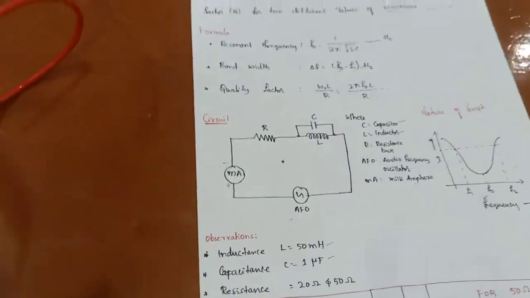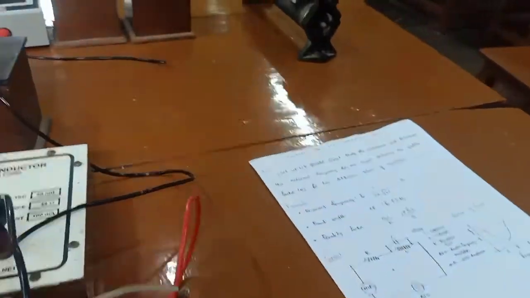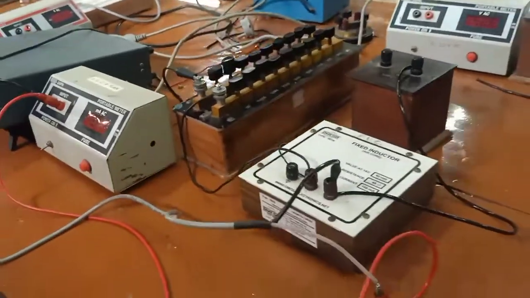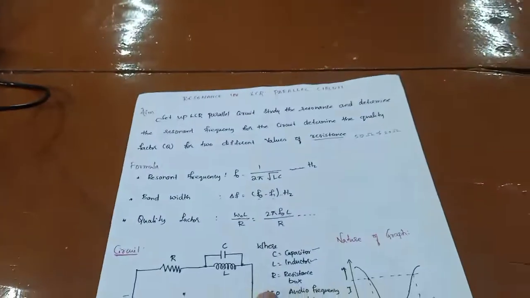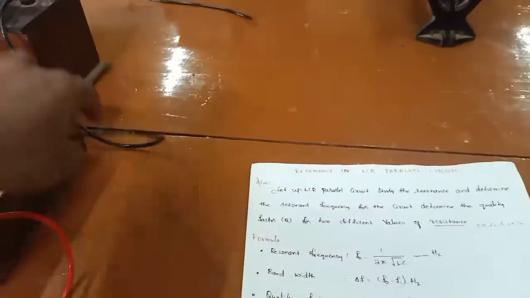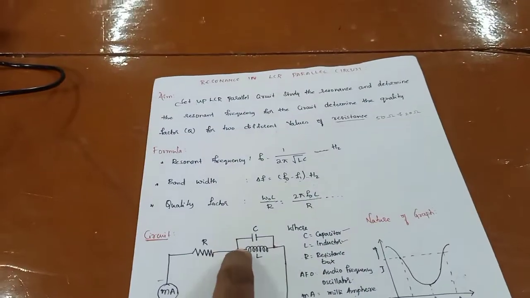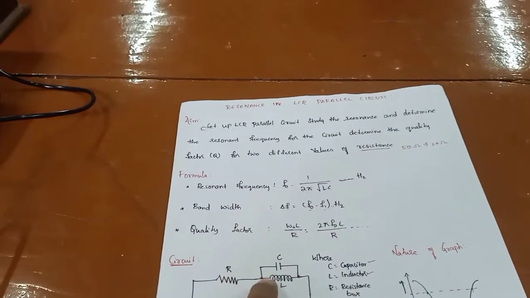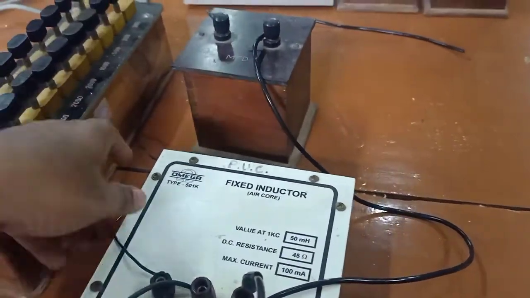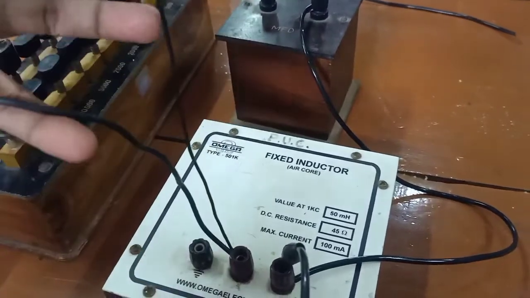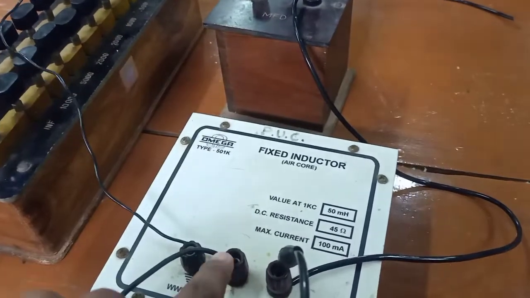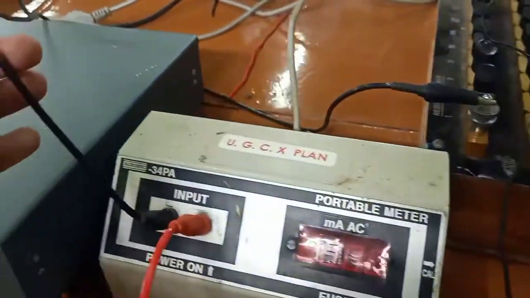Then as per the circuit, I will show you the connections I have made. From the AFO, one terminal is connected to the milliammeter, and another terminal is connected to the junction between the capacitor and the inductor. Then one terminal is connected to the capacitor's other end, the resistor's other end, and the inductor's other end. These are the three connections, from the capacitor's end, the resistor's end, and the inductor's end. Then the negative terminal is from the